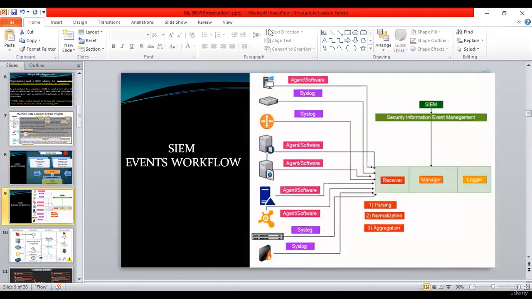This is like a little workflow of how the SIEM works. So let's say, for example, we have a desktop here, we have a router here, we have a switch, we have some servers here, we have a firewall. So you can see that an agent is installed on each of